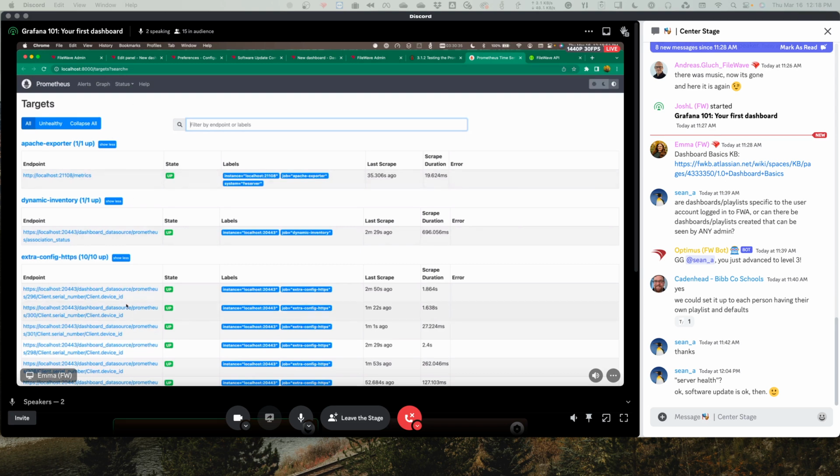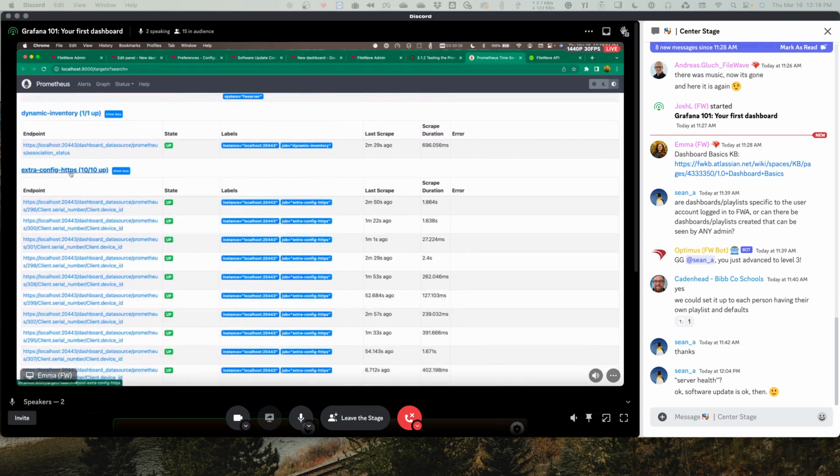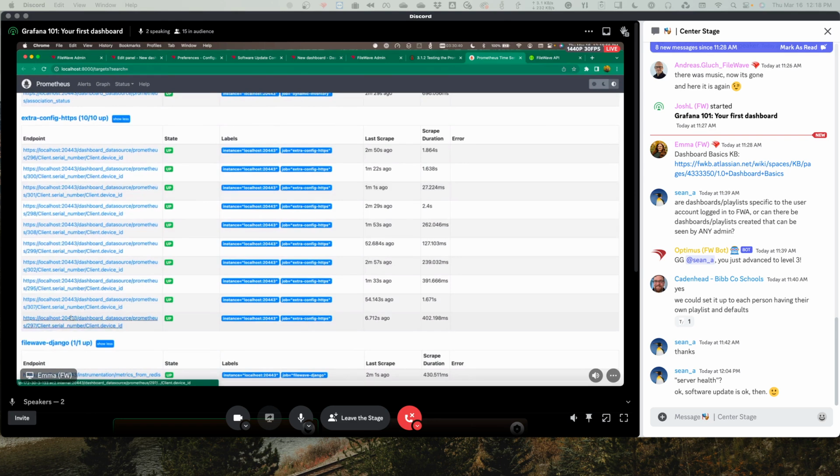Okay, so now I see here what we're looking for is this extra config, so we can see all of my files that I've made, and you can kind of see which ones we're looking at by the number. So there's 297, query 307, we're looking for 300. There it is. It says it's up, so it should be good to go. If you ever see down after it's been created for about 5